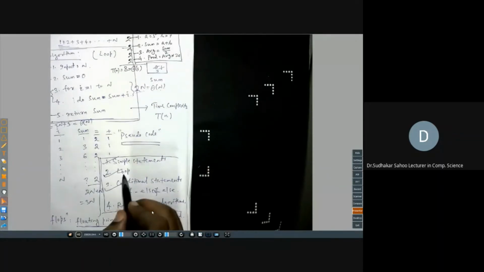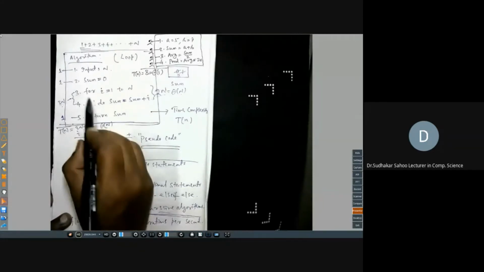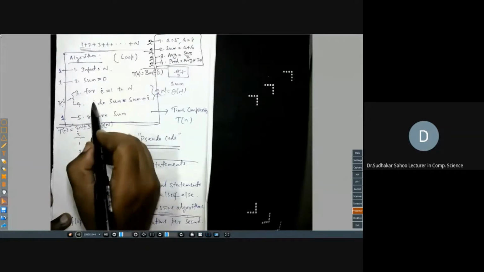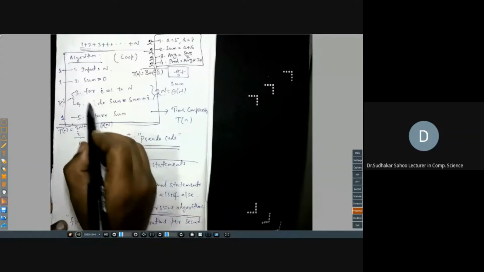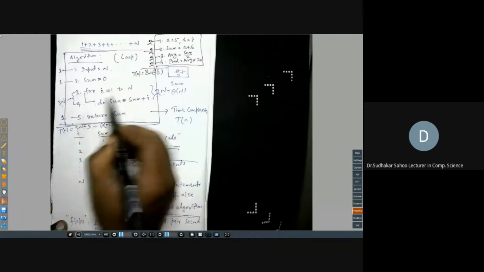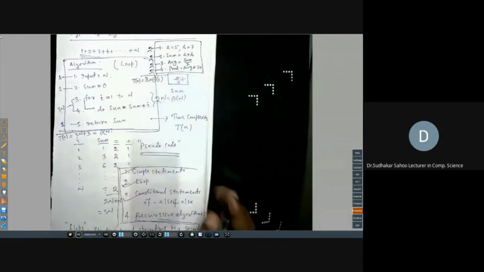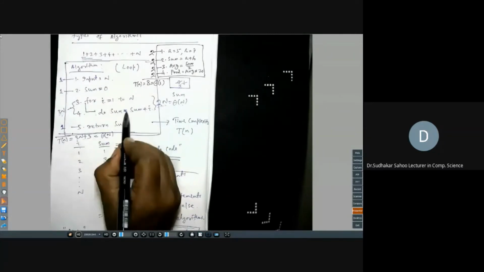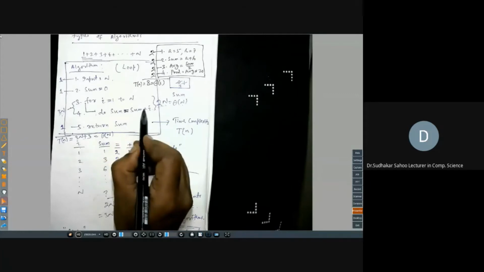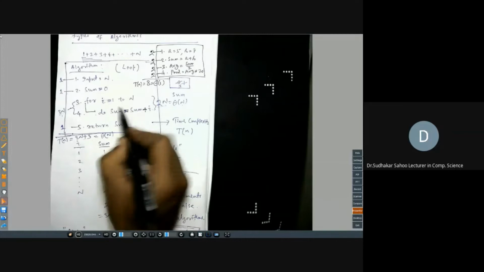But some algorithms may contain loops, like a for loop. This is one algorithm where a for loop is there; there are also the while loop and do while loop. Three types of loops you can write in any algorithm. If it is a loop, then how do we find its time complexity? We have already written that it is the number of operations in the body into the number of iterations. Here the operations are 1 equal to, an assignment operation, and 1 plus operation, so 1, 2, into the number of iterations, which is n.